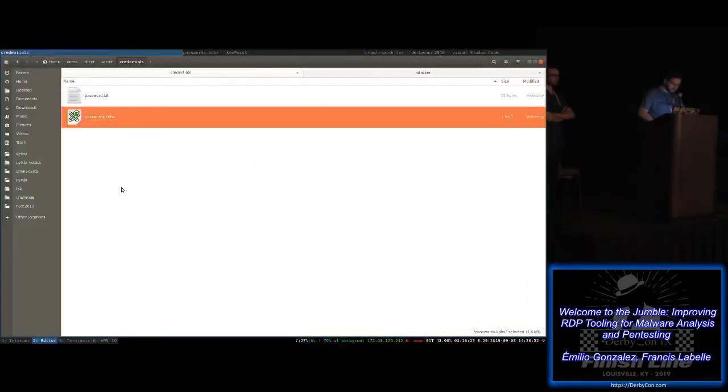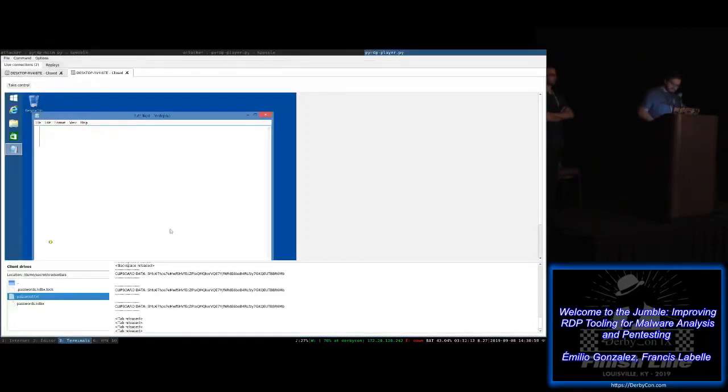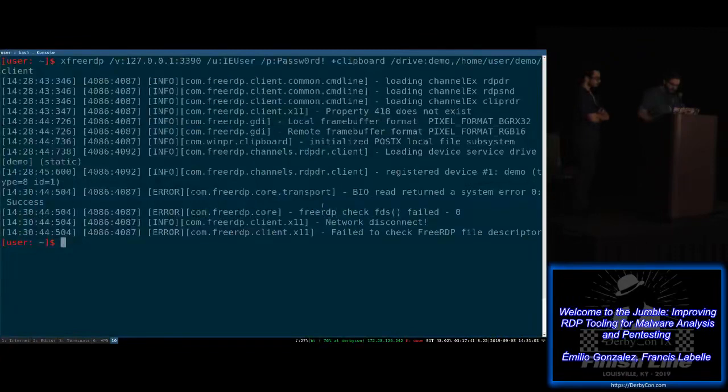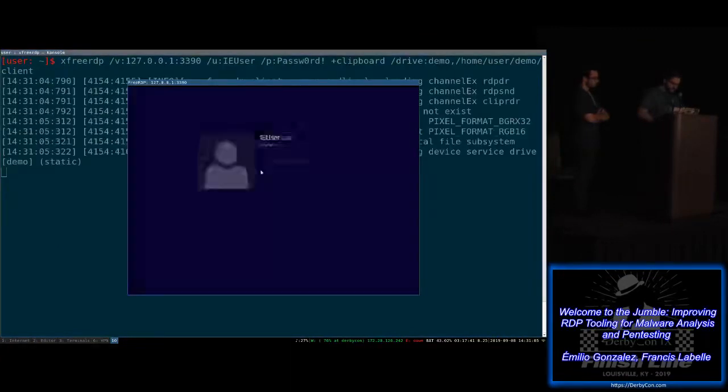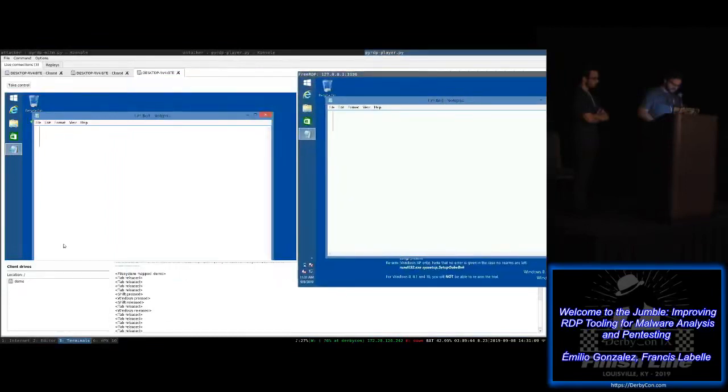You can download password.txt and save it there. It's probably working. All right, it's not saving. Okay, I don't know what I did wrong, but